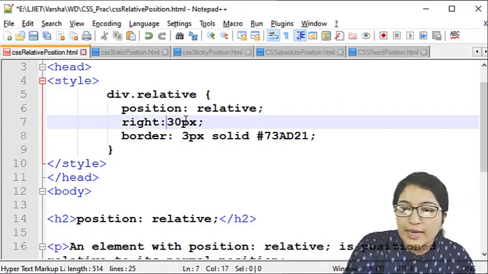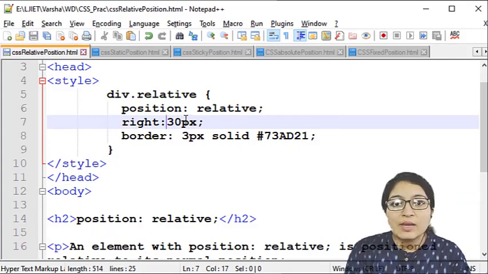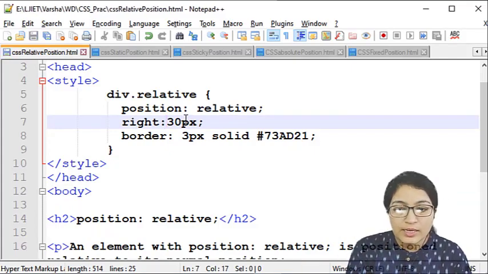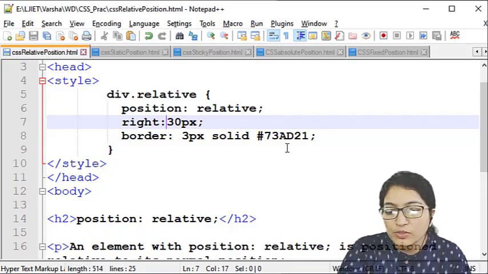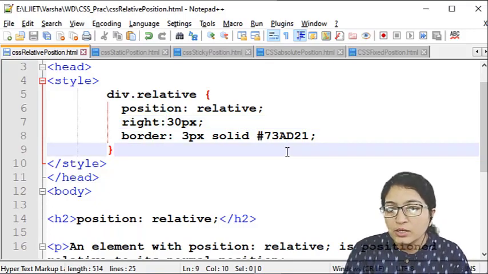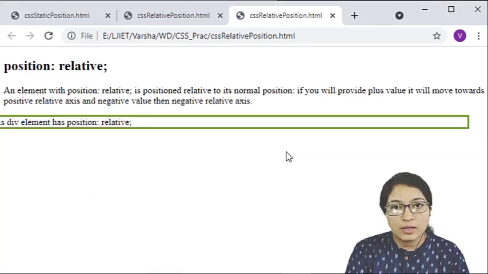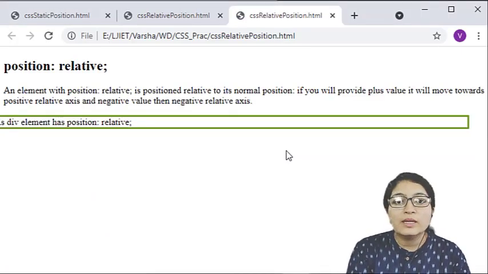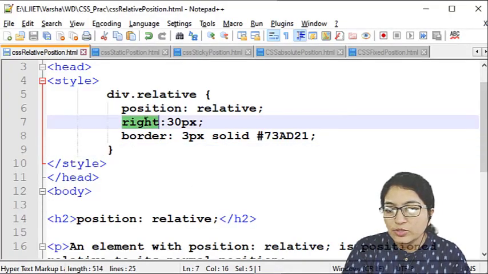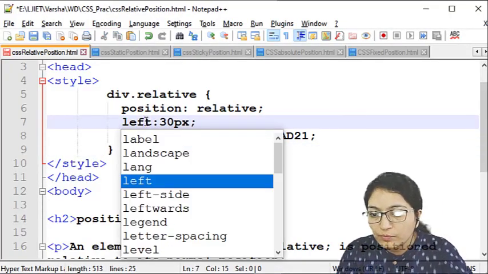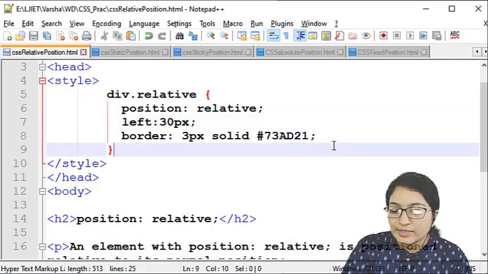Suppose I am using it as a positive value. In the slide we have seen left and top; here we are using right, so we have to write exactly the opposite way from the left. If I write 30 pixels, it will go to the left side. Like this way you can use it. Suppose I change it here to left, so it will go to the right side.